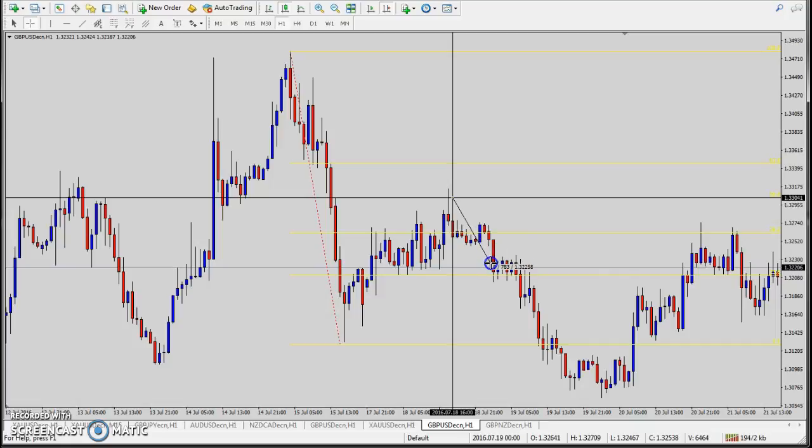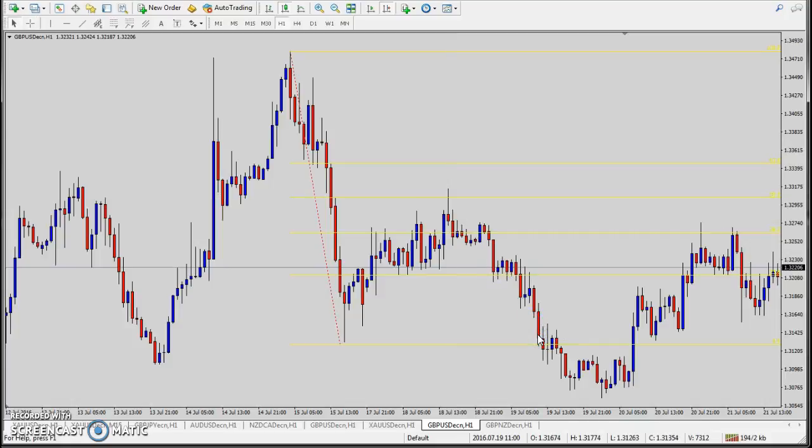You see what happened? And it dropped further. So what you could actually do was, you could have actually taken profit right here, because it's like another level. You see price bouncing off here. So because price bounced off at this level here, you could also take profit here, and this would have been like a 90 pips